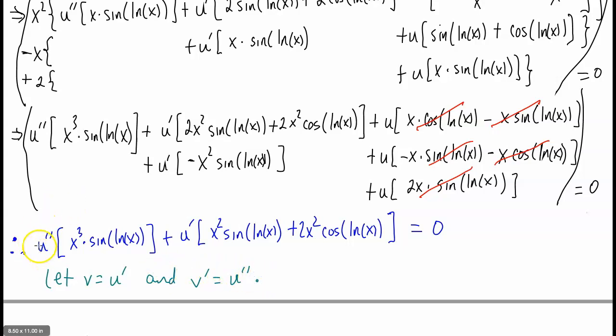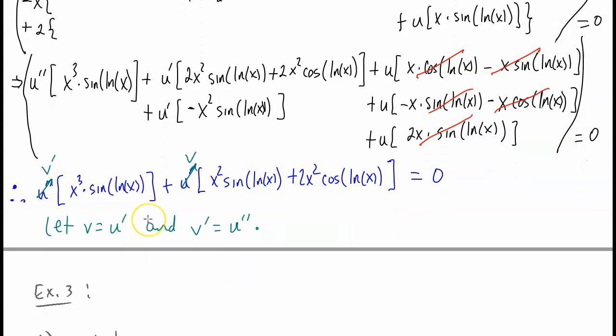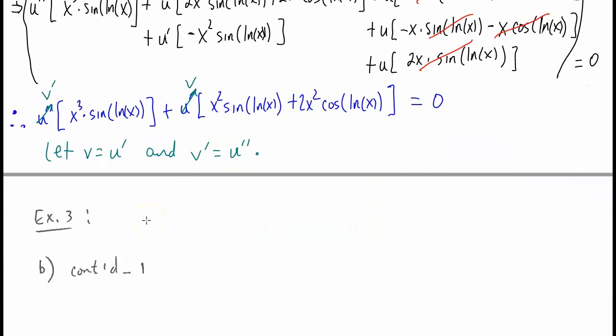So in this case, this would just end up being v prime. This would just end up being v. And so you can see now that we have reduced the order of our equation from order 2 down to order 1. And so that's part of the reason why the method is called reduction of order. Okay. So now if we keep on here,